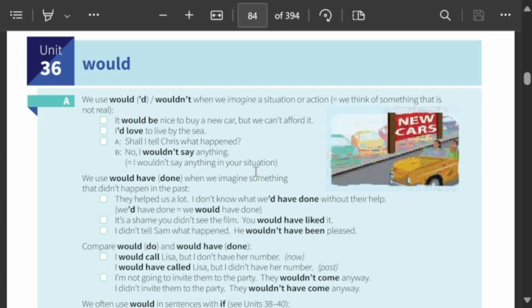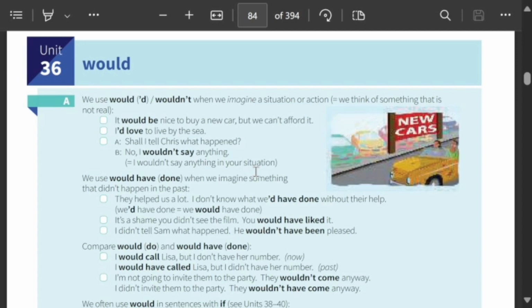So we use would or wouldn't when we imagine a situation or action. We think of something that is not real. It would be nice to buy a new car, but we can't afford it. It's just an idea. It would be nice, but it's not real. I would love, you see, I'd love